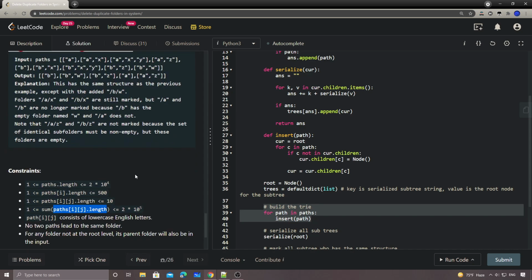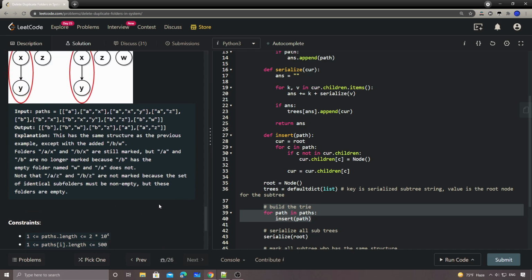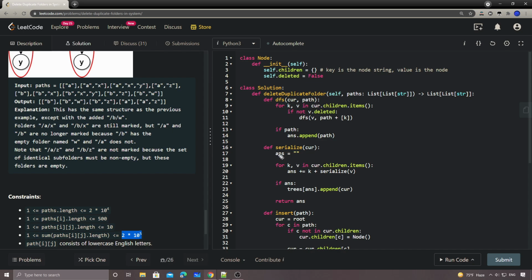No, actually no. So basically, this one will have the same number of nodes in the tree. And then to serialize, we'll traverse all the nodes, right? And then for this string concatenation,